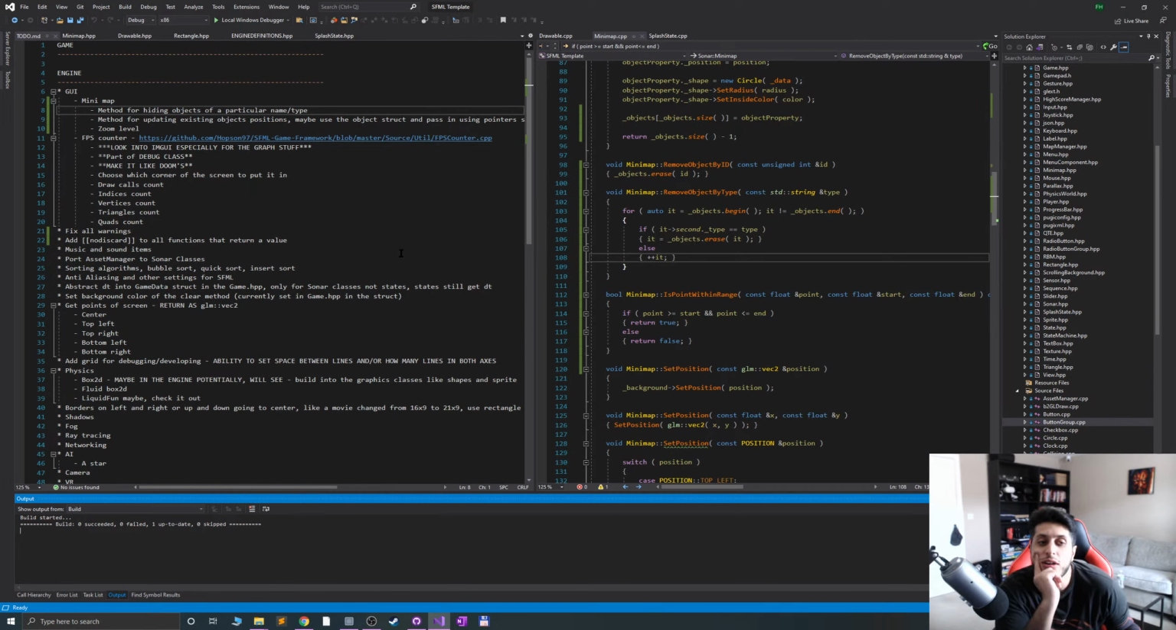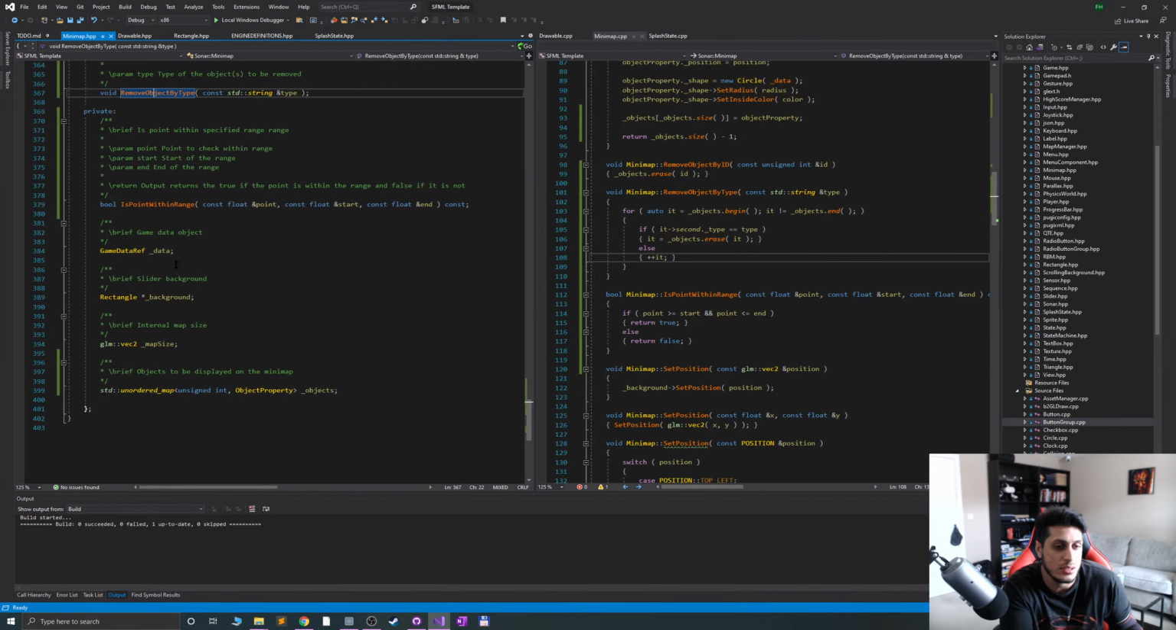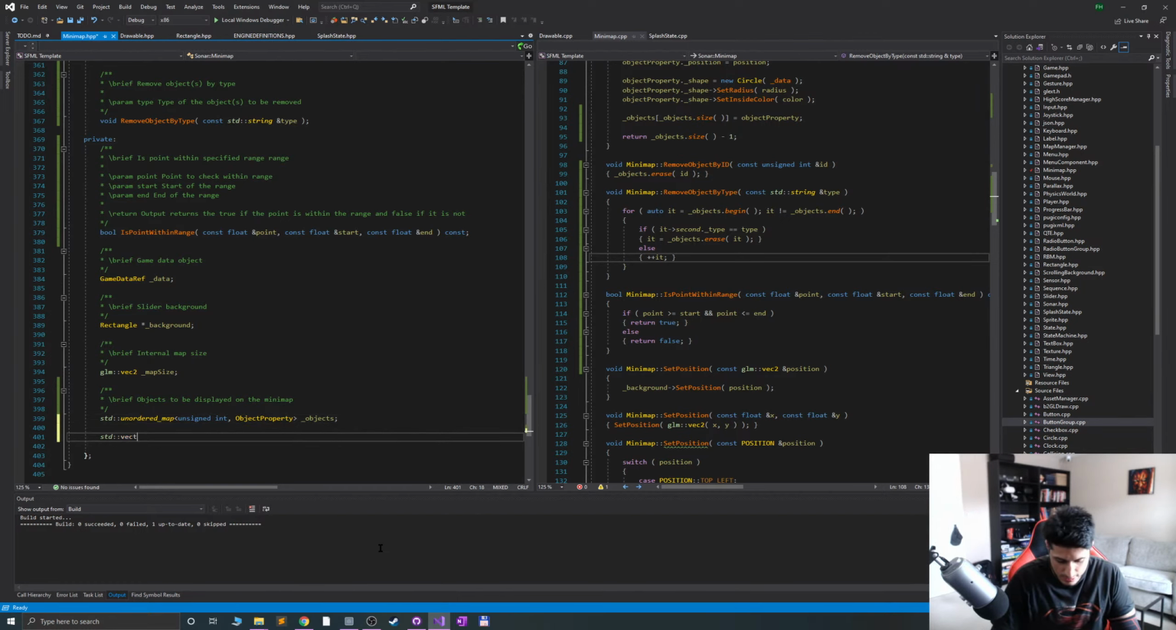Method 4, hiding objects of a particular name or type. So we did the removing, we just have to hide them now. So what we're going to say is, we're going to have a vector of